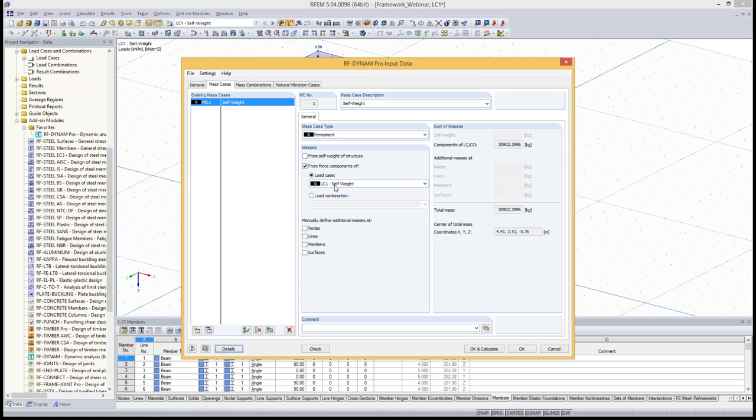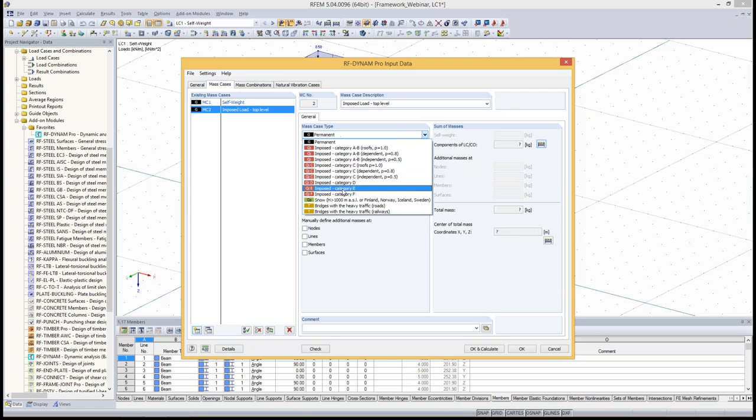so I have imported the load case 1. I've entered the description up here. I've double checked my masses. This is my first mass case, so I create another one and I call it impost load from the top level. So I clear this checkbox, I import this load case, the impost load from the top level, and I change